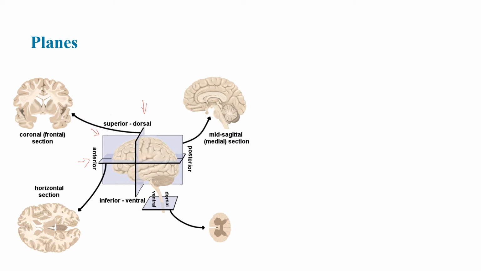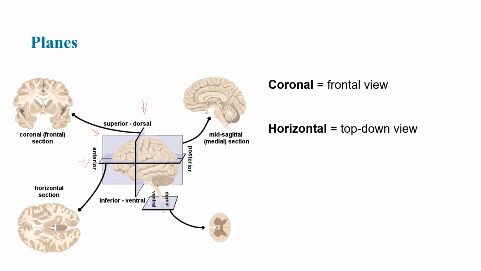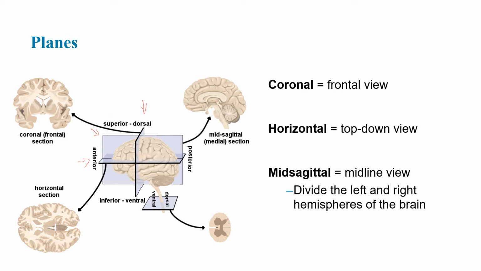However, we don't use the terms top and bottom, front and back, left and right. We use these other terms that you can see here that we're going to get to as we get into the various things on this slide. One term we use is when you're looking from the front, we're talking about the coronal view. The front is the coronal. When you're looking top down, you're looking at the horizontal view. And when you're looking sagittal, you're looking from the sides, and it divides them into hemispheres.